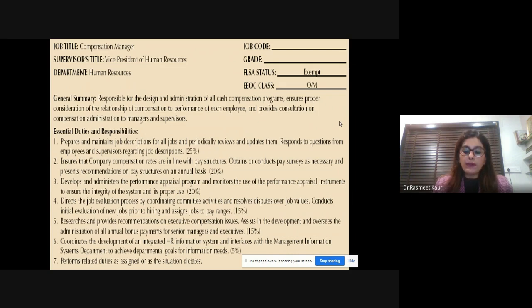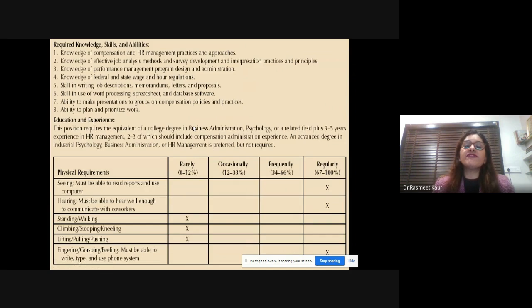Now, what do we mean by job specification? This is job description. But when I talk about specifying, in the compensation manager, what am I looking for in the area of knowledge, skill, and ability he should have. So this is specifying that thing. You will specify the education, the experience, the knowledge, skill, and ability. We also call that KSA, and that will give me more clarity about that particular job while I'm doing my recruitment. So it is one step prior to recruitment.